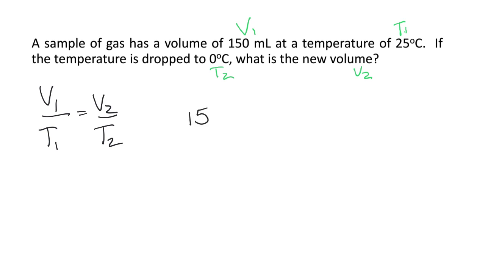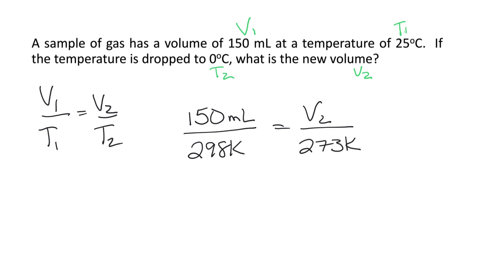V1 is 150. Now, what I do want to see from you guys, especially on a quiz when you're showing me the work, is one of two things. You can define the variables: V1 equals, T1 equals, V2 equals, and T2 equals. Or you can just put the units in the equation, and label what each is in the equation itself. Either way works. I don't care how you do it, but I need to know that you know which one's which. So we have 150 mL and 298 K equals V2 over